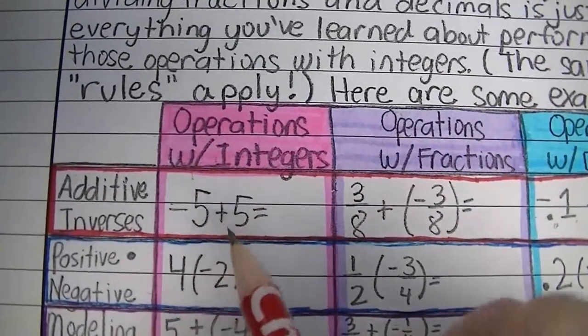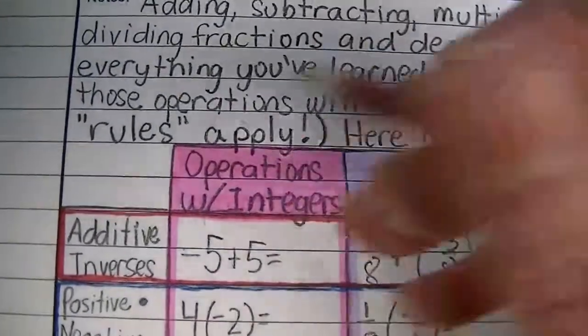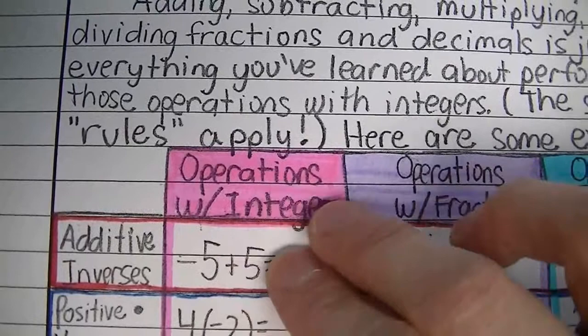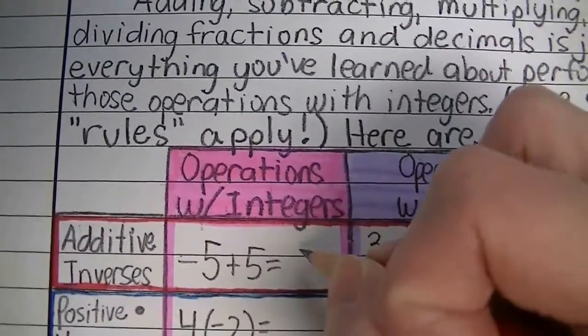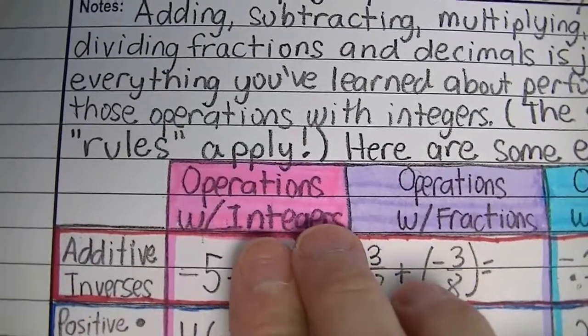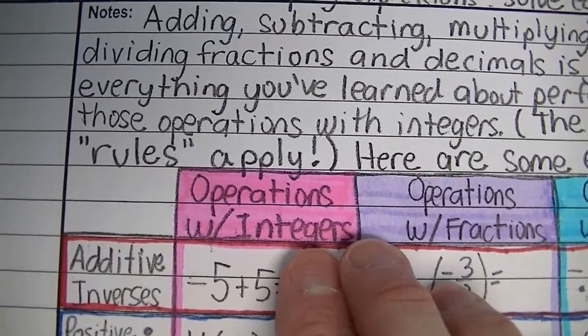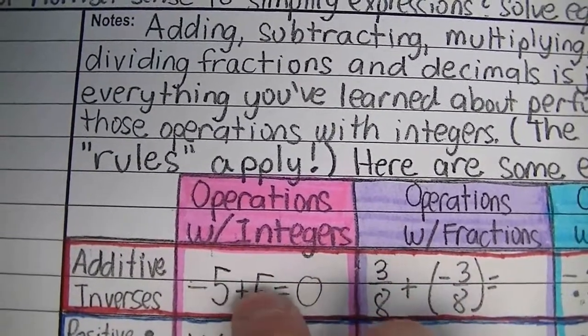So an additive inverse is two numbers that are opposites of each other. So when I have negative 5 plus 5, your answer would be 0, okay? Think of where you're at on the number line. You're 5 to the left of 0. And then when you add 5 to it, you'd move 5 to the right from this negative 5,